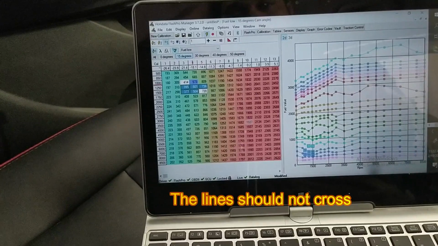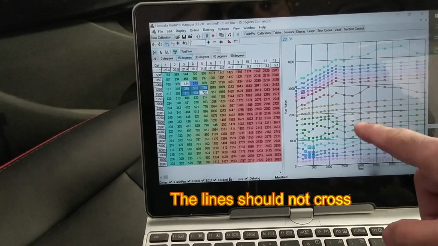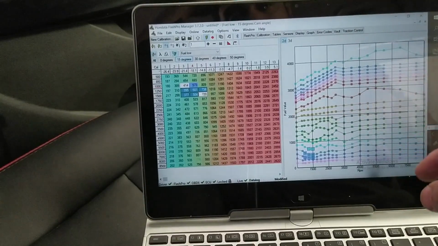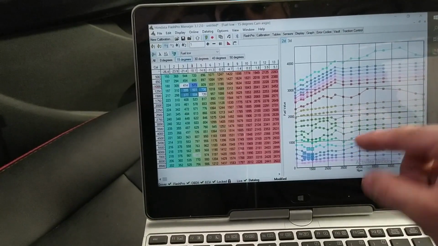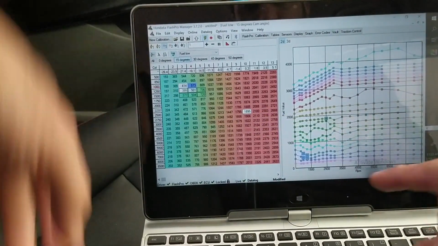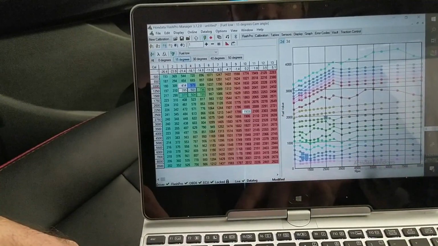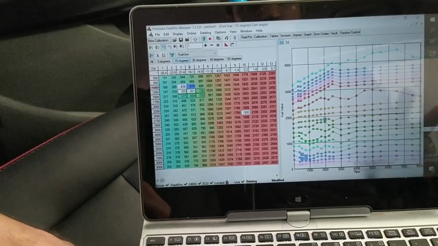Meanwhile, while driving, another important thing is you just want to look off and on at those lines. These lines should not cross each other. When they cross each other, just stop the car. For example, this value, if I increase the control, look, it is going up. So if that happens, these should not cross.